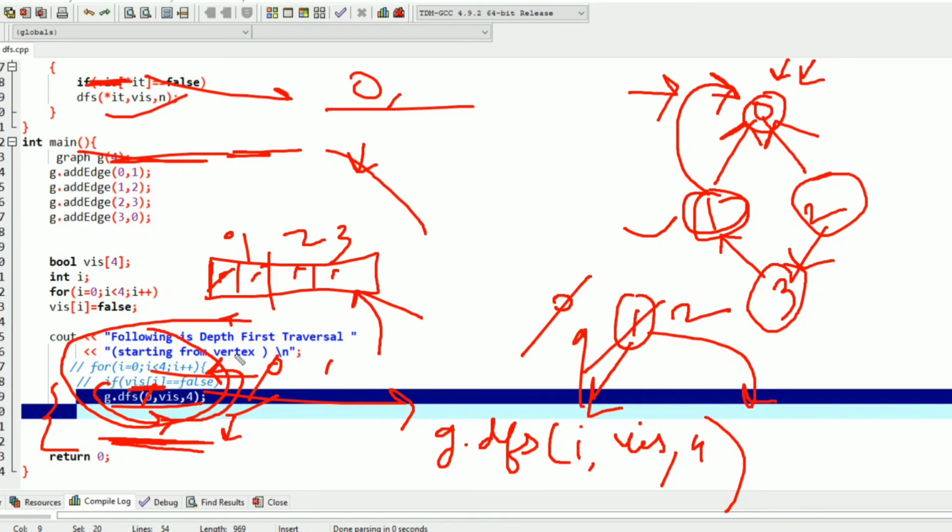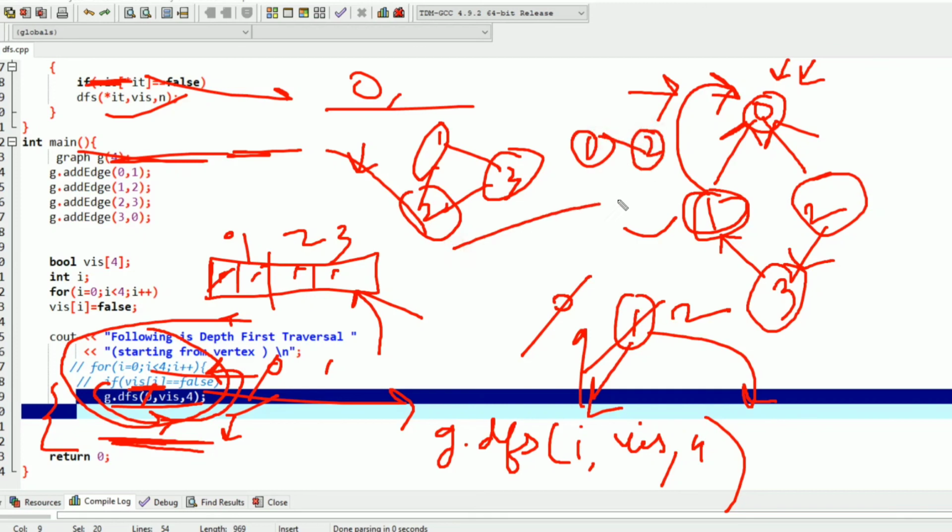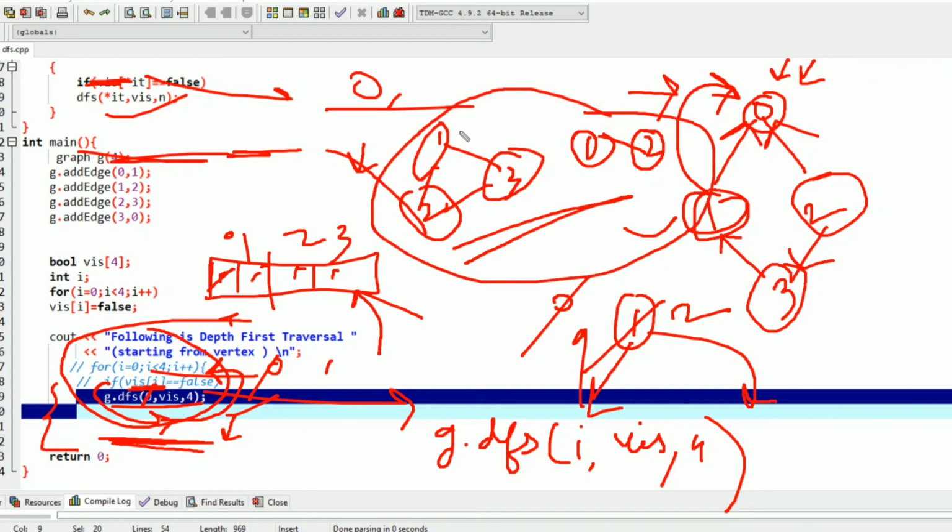And moreover, if any disconnected graph is there, like suppose this is my first graph and this is my second graph, I need to print DFS of these two graphs. Basically this is known as a disconnected graph. From one vertex you can't have a path to another. Suppose this is vertex 1 and this is vertex 4. From 1 I need to reach 4, but we can't reach, there is no path available. So it means that the graph is disconnected.